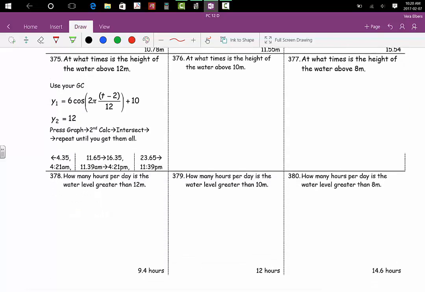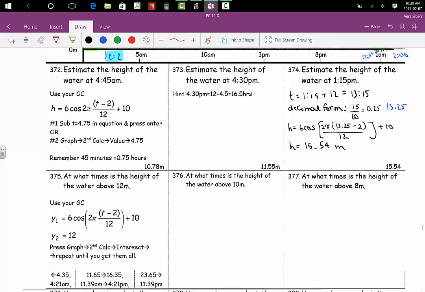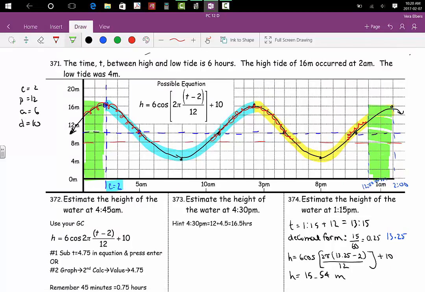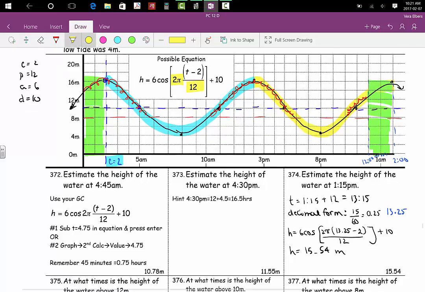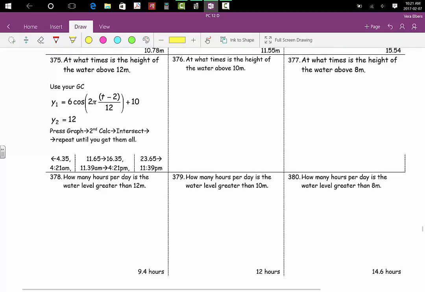All right, well, the first thing we're going to do is start with our equation. What I want to do first is reduce 2 pi over 12. So when I rewrite the equation, I'm going to write that as pi over 12 because our calculations will be easier. Okay? So start by writing h equals